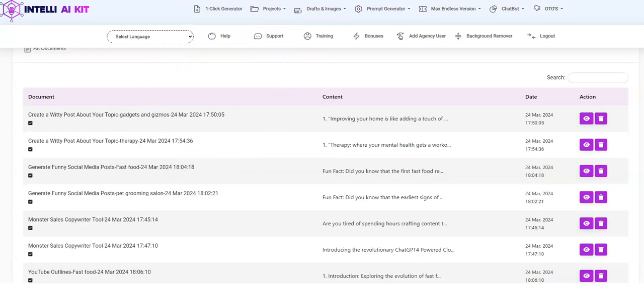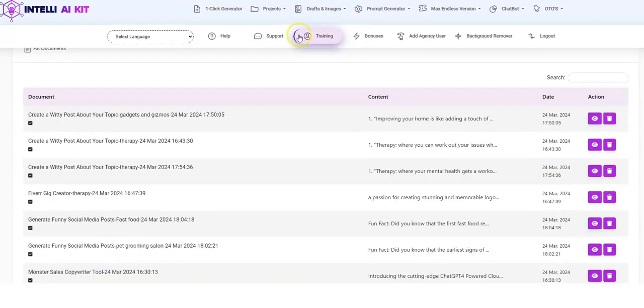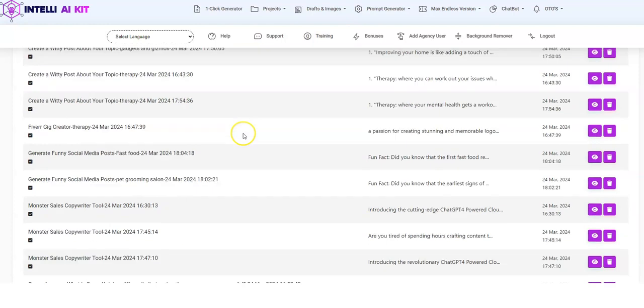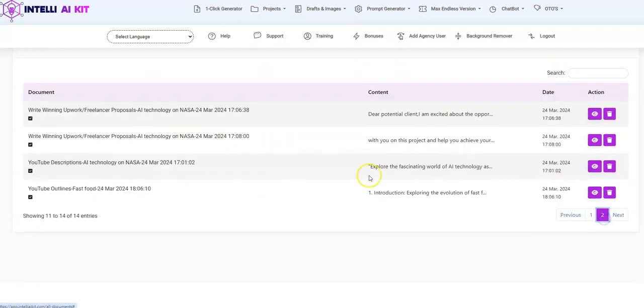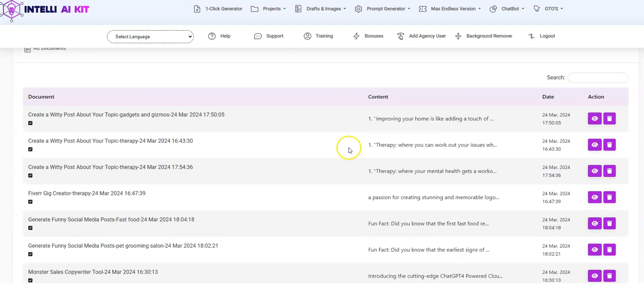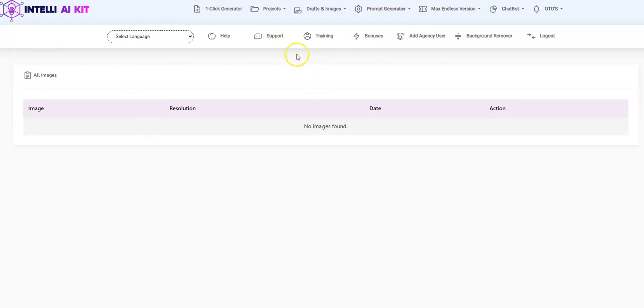All the projects are going to be saved in this section, and drafts and images. All the drafts that you have saved are going to be saved in this section over here. These are all the drafts that I have generated, and these are all the drafts that are saved. And whatever images you're generating, and whatever images the content is generating, are going to be saved